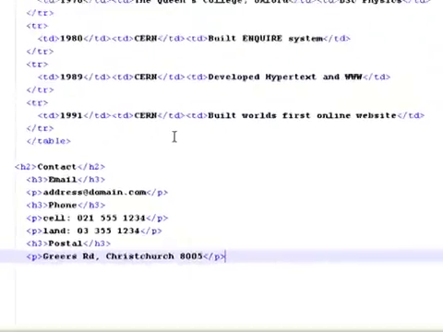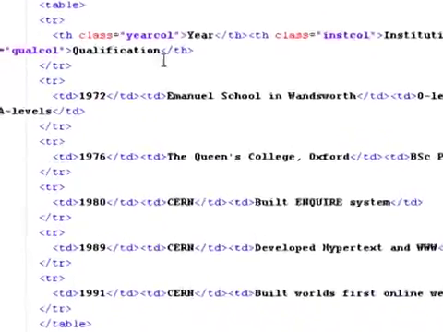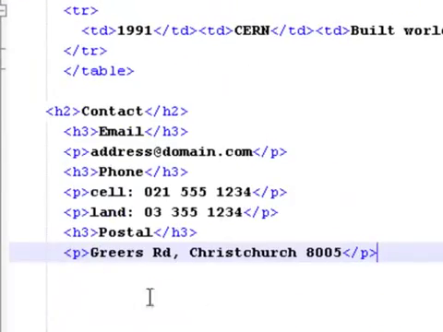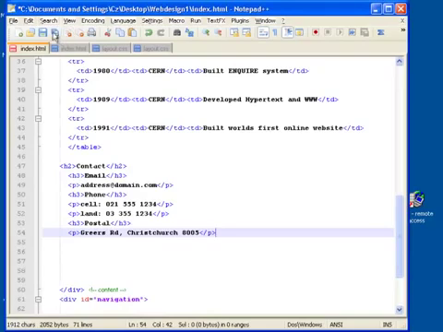Now I've done this on purpose so that I had the opportunity to show you lists going in, tables going in, and then straight headings going in. All that's happened here, H2, it's another same sized subheading, and then it is a smaller third subheading which is email. I've kept my hierarchy of headings all the way through this document, and if I save this and we go to our web page,